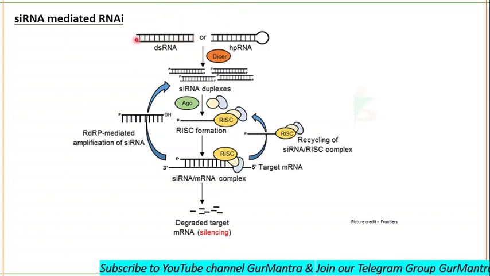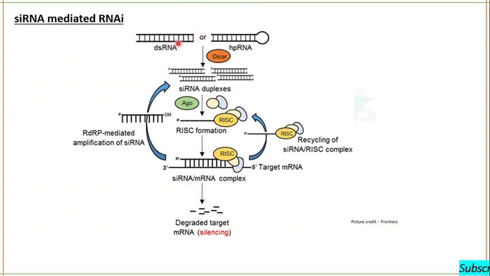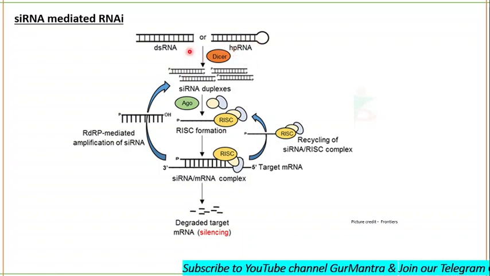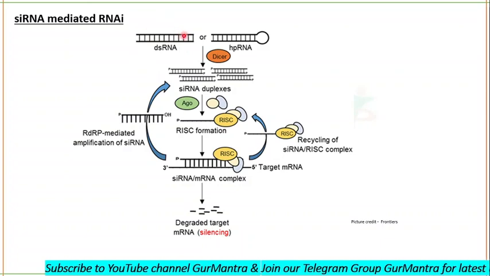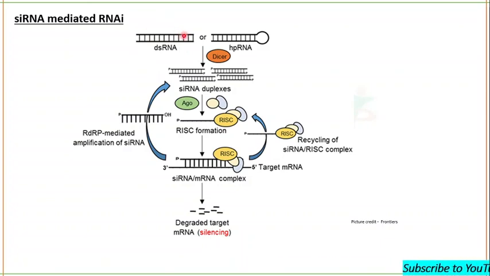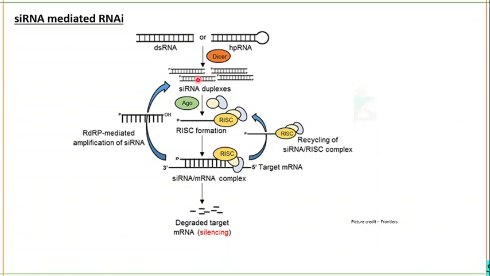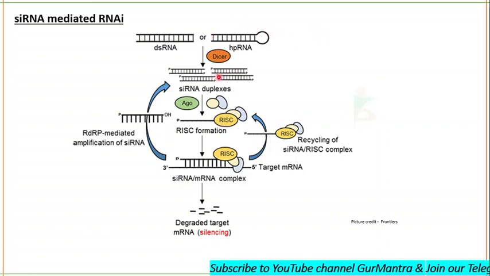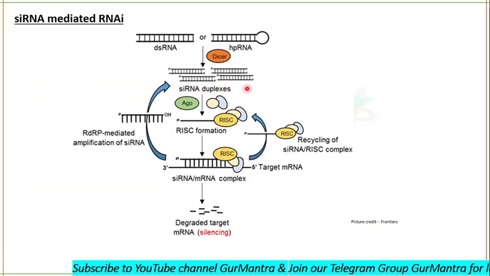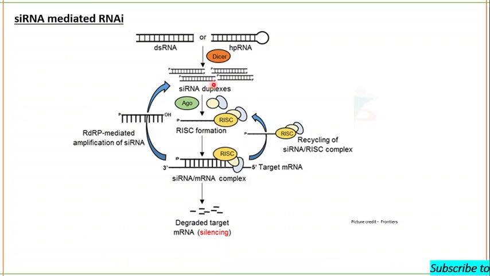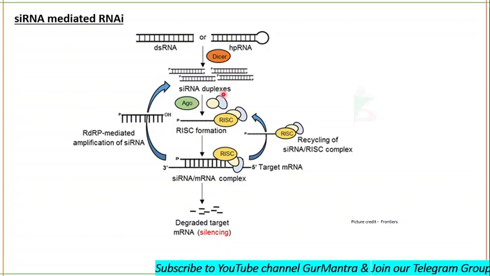But immediately after the double-stranded RNA molecule is formed, Dicer comes into action. Dicer cleaves the double-stranded molecule. It will not convert it immediately into a single-stranded molecule, but will cleave it into fragments of approximately 21 nucleotides each. So there will be many fragments of a longer double-stranded molecule. These are the siRNA duplexes. These will have 3' overhangs and 5' monophosphates. Clear?